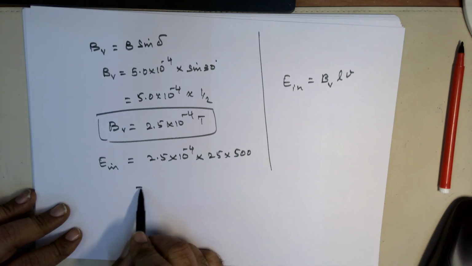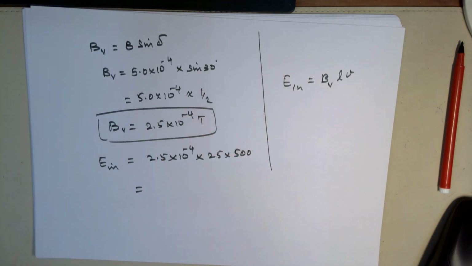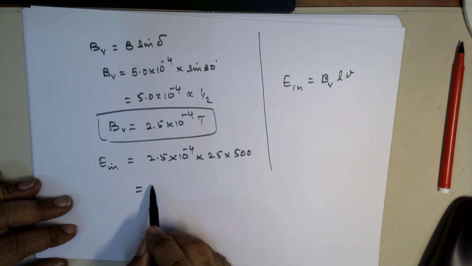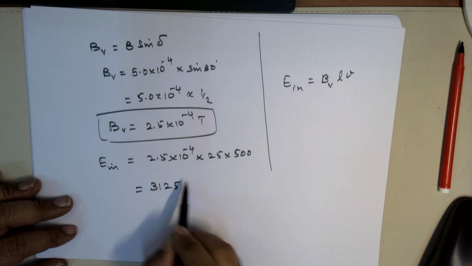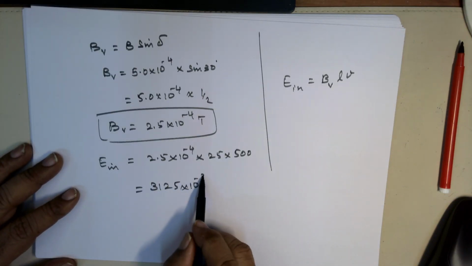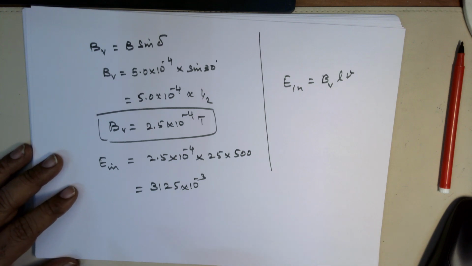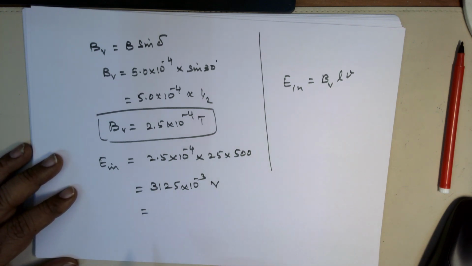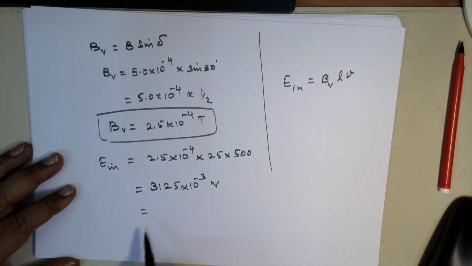Okay, so get me the value. 3125 into 10 power minus 3. It means 3.125 volt is induced